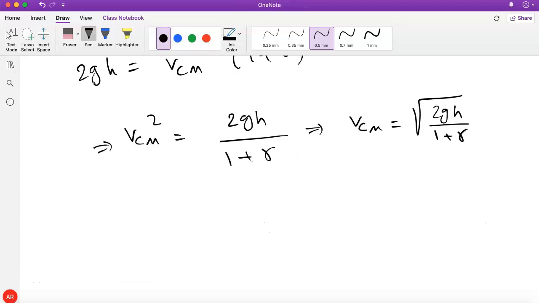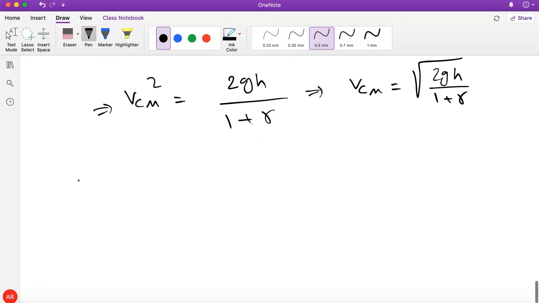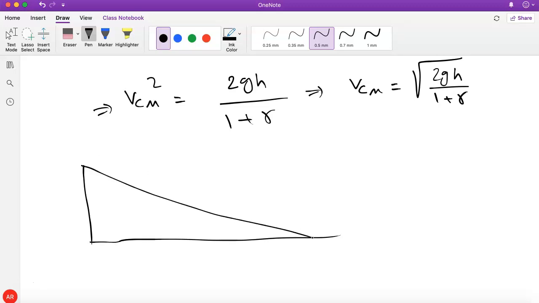Another way which we can think about this problem is, instead of using energy conservation, thinking directly about forces and torques and angular acceleration and acceleration, etc. So it's a little bit of a longer way, but I think it's helpful to do it that way as well. So let's try to do it again a different way. Again, we have this angle theta. So if I think about the free body diagram of my disk,